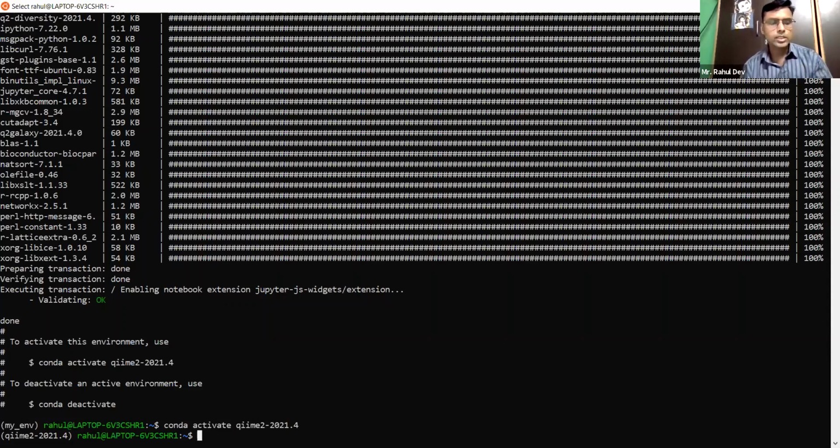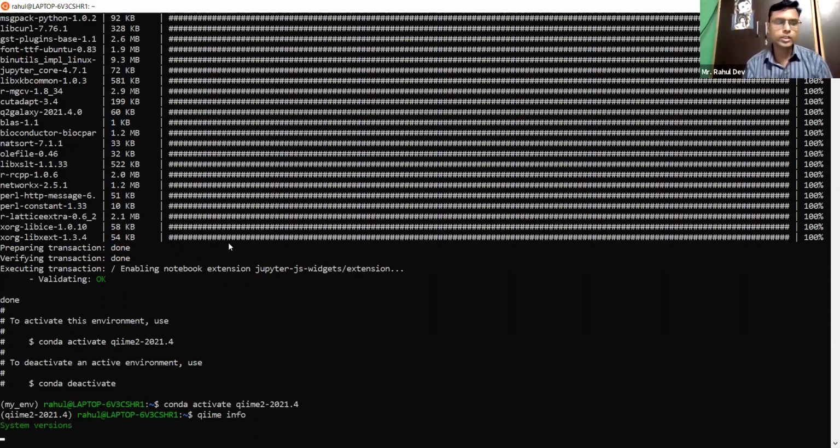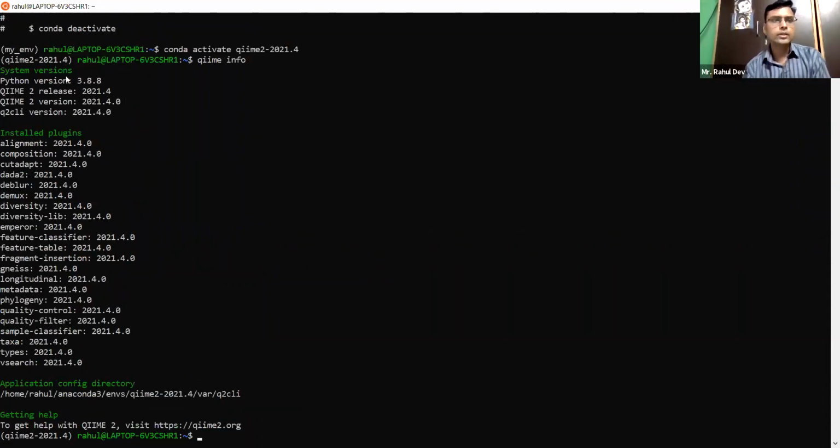That means Chime is working fine, and we have to check whether Chime is working or not by copying and pasting the command chime info. It should give me the results like this. It should give me the Python version which has been installed in my system now, the Chime release version, and some versions of different software, quality filters, and other things.